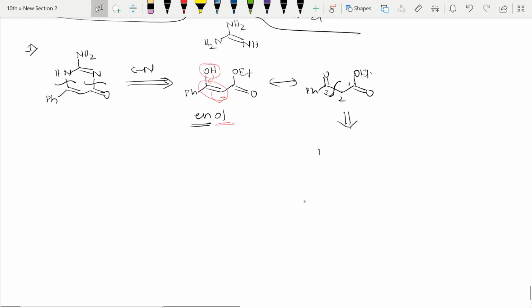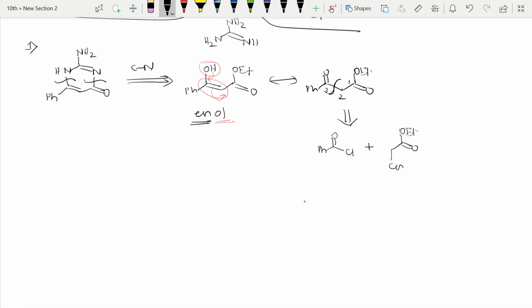So what I will get is Ph CO, plus, instead of writing plus I can write Cl, because these are good leaving groups, and once they leave the system, that carbon gets a positive charge, right? And here I will write OEt, C double bond O, negative charge. Instead of writing the negative charge, I can simply put CH3, or sometimes I can use COOEt. Let me use COOEt, right? These are the things we will get.